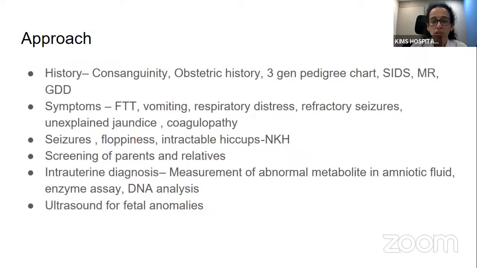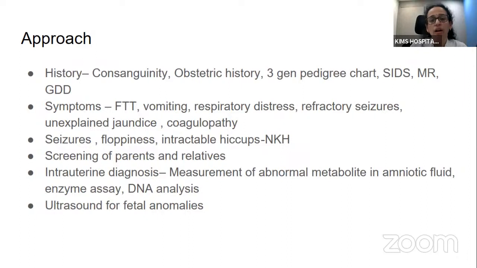So whenever we find a baby who is having some of the above mentioned symptoms, like either neurological symptoms or hypoglycemia or metabolic acidosis or liver involvement, which is not responding to the usual treatment, then we should approach the baby starting from the antenatal history to make a proper diagnosis. In the antenatal history, consanguinity is important, history of frequent miscarriages, previous obstetric history, previous sibling deaths are important, as well as a 3-generation pedigree chart, which shows the other affected family members, and previous history of sibling death, sudden infant death syndrome, global developmental delay, mental retardation in the previous child. So all these are important in